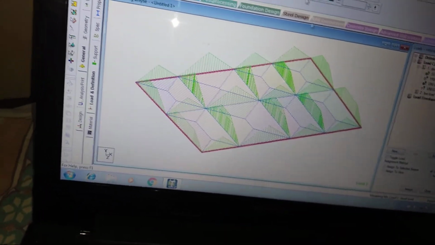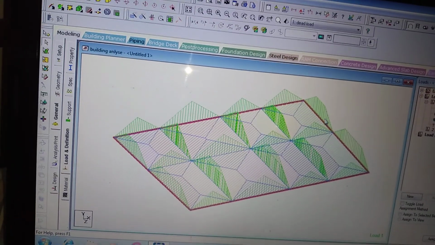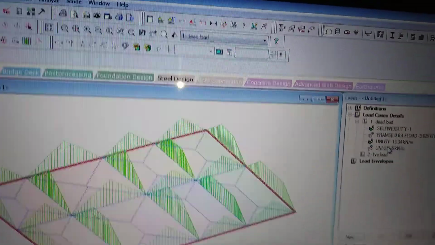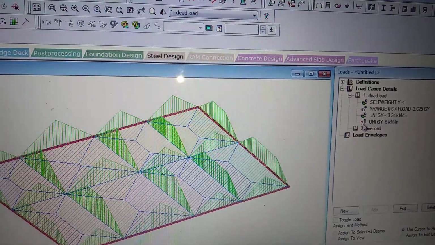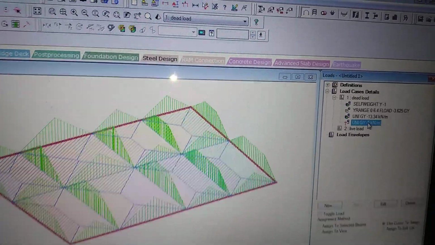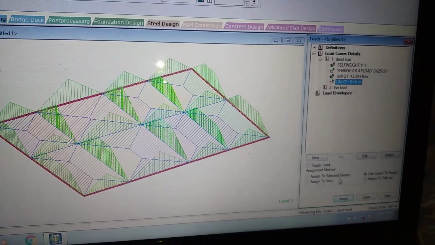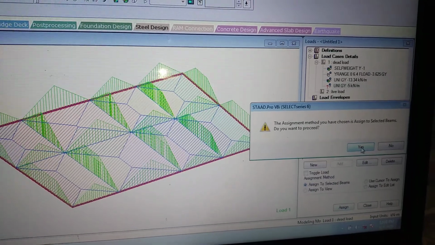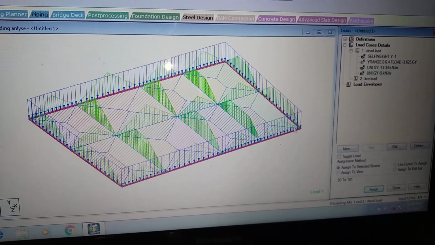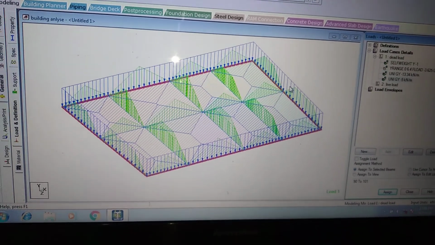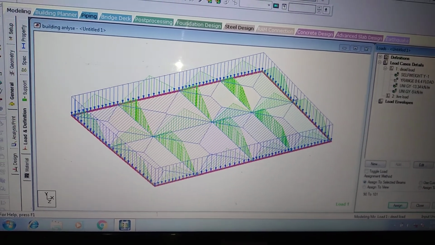Okay, but while selecting, please click the control button, then only all the beams will be selected. Then after selection I will go again to the parapet load. So what the red mark indicates, no, that one. I will select it using the cursor left button and assign to selected beams. Assign. Yes, see here, these loads are distributed on the edge side, that is the parapet load.